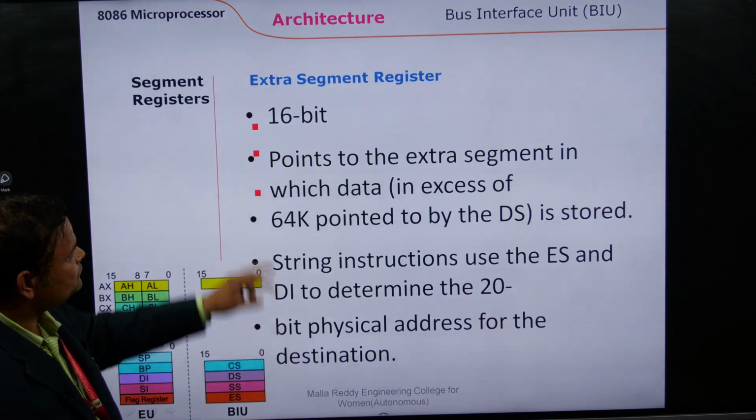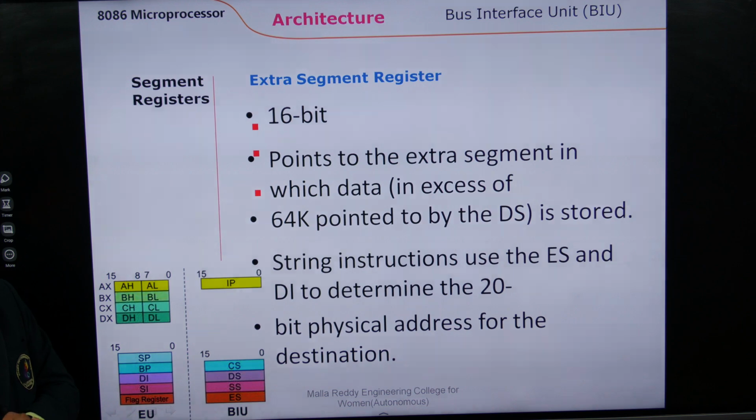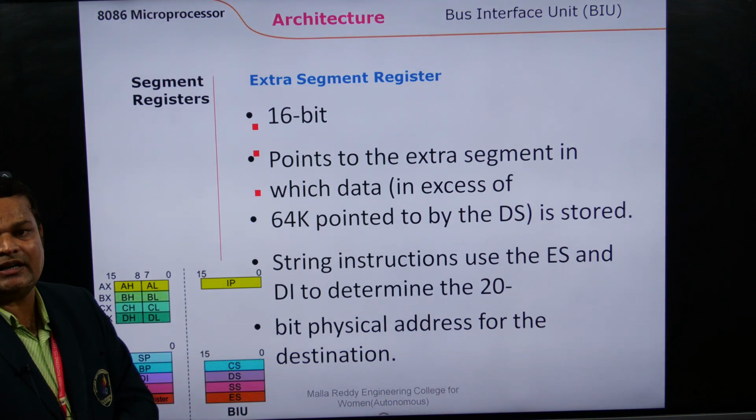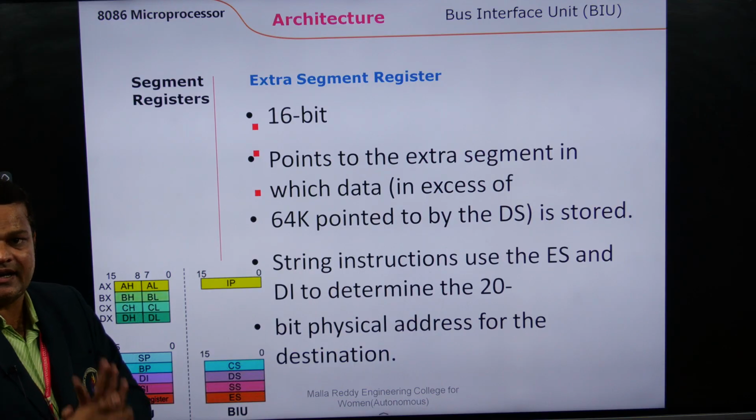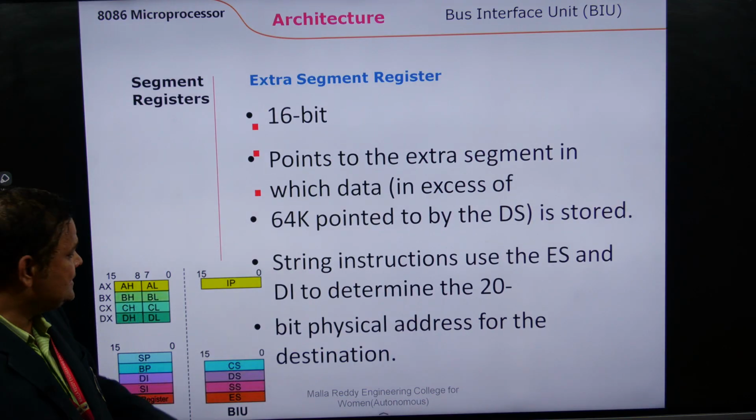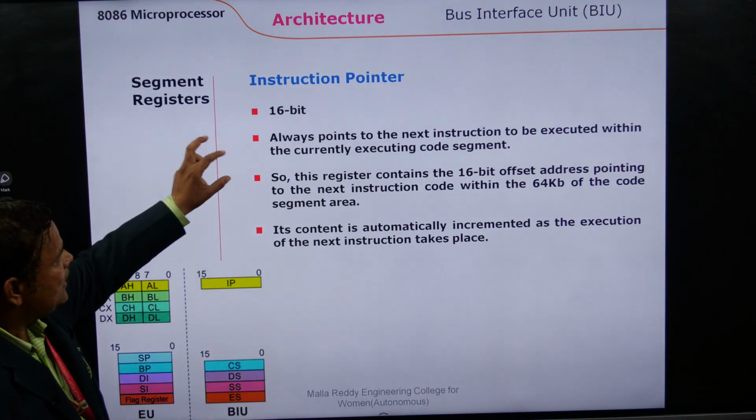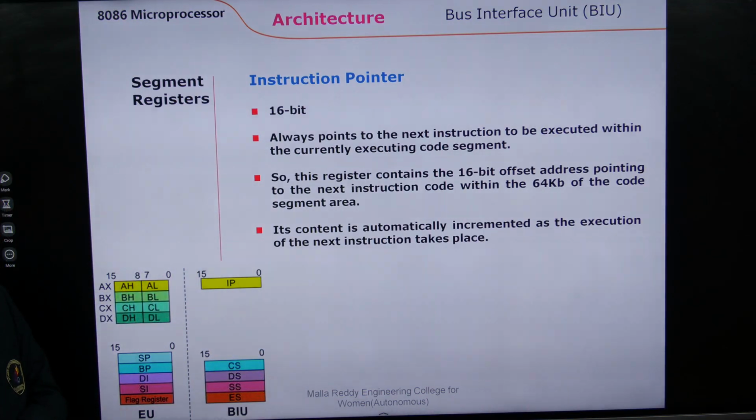Next comes the extra segment register, which holds the base address of the extra segment. This extra segment is used along with the data segment, and the size of this extra segment is also 64 kilobytes. Next, very important, the instruction pointer. Instruction pointer is